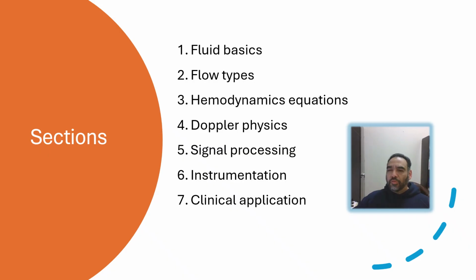If hemodynamics explained how blood moves, Doppler physics explains how ultrasound measures that movement. And this is where motion turns into frequency shifts. The Doppler effect, the Doppler shift, angle relationships, and the Doppler equation all come into focus here. So once Doppler physics is clear, we'll move into signal processing next, where those frequency shifts become waveforms on a screen, then into instrumentation, where system settings influence what we detect,